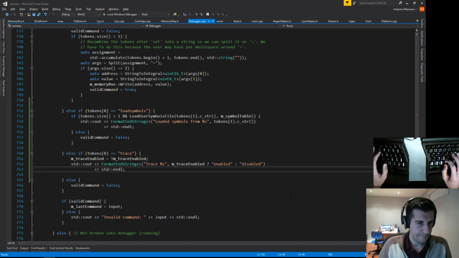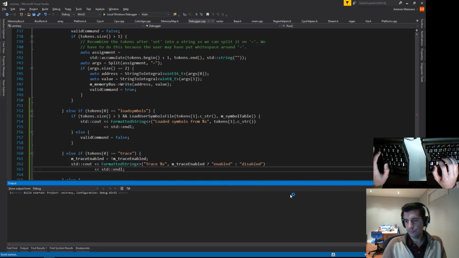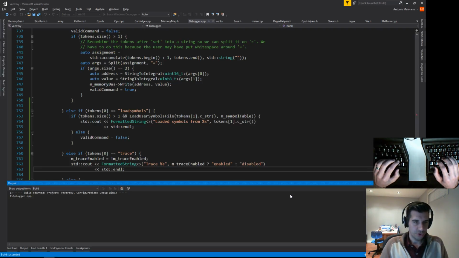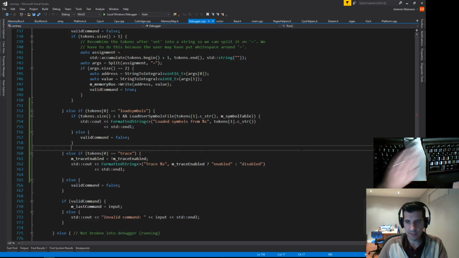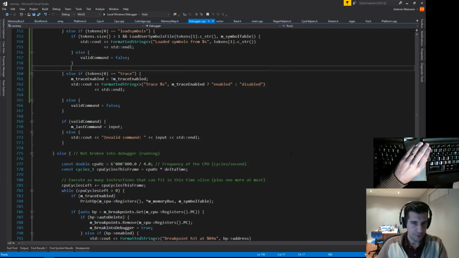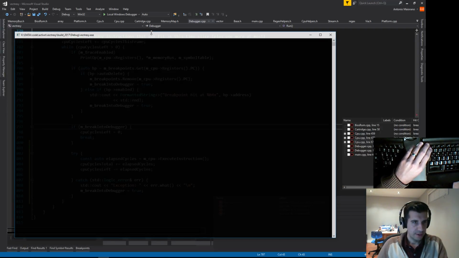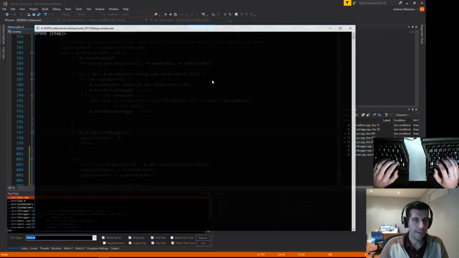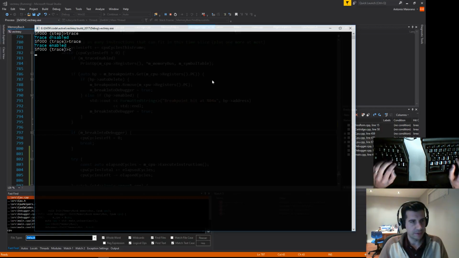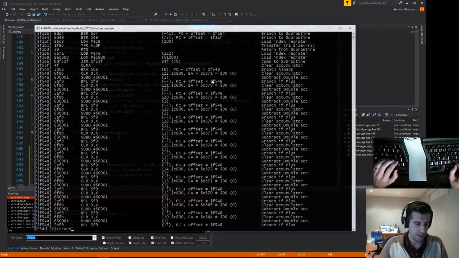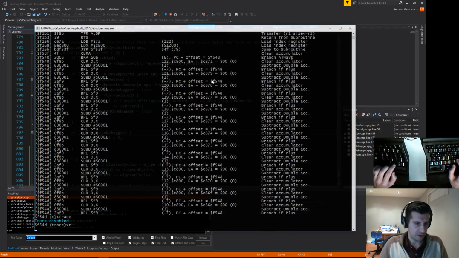Okay. So let's see what happens. If I toggle trace, I should be able to turn it on and off. And when I hit that exception of an unknown instruction or unhandled instruction, I should break into the debugger. So trace disabled, trace enabled. Okay, so that means if I continue, I got a trace here. Turn it off, I should have none. If I break,